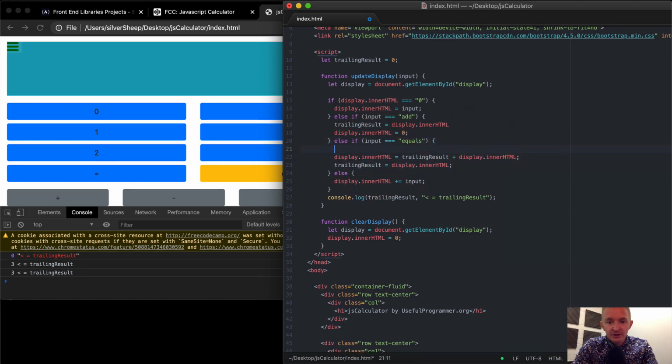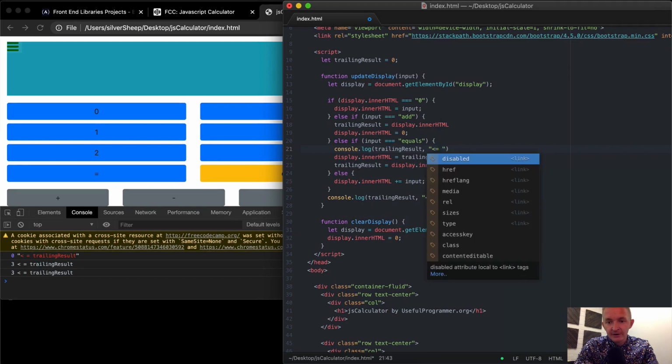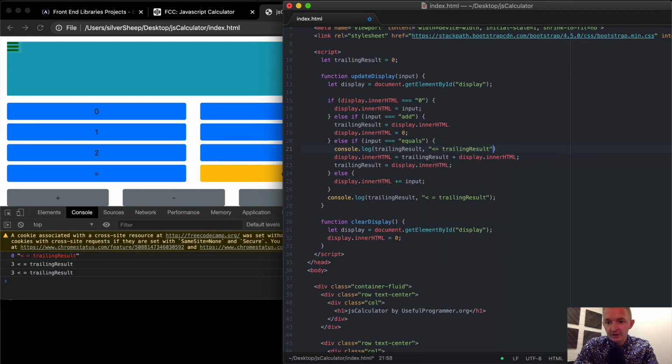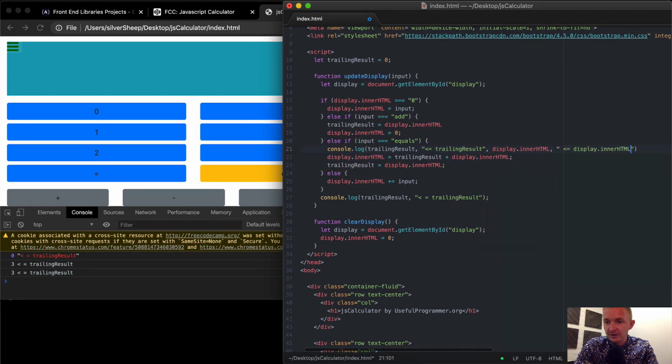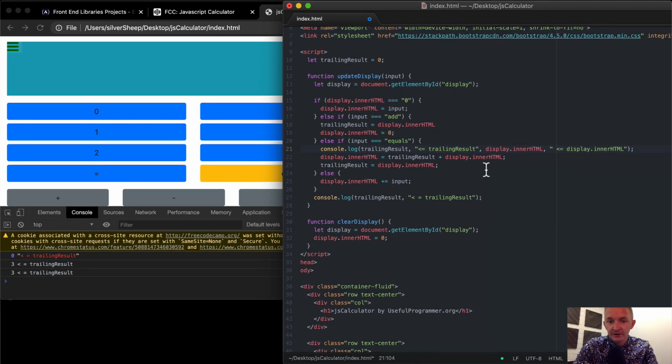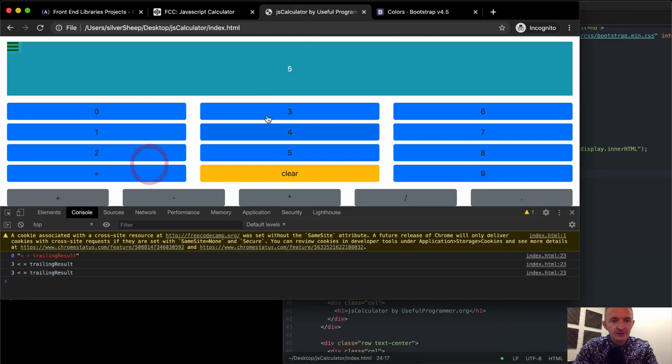Okay, and then I'm just going to console log these things in here too, so we can say our trailing result, and I'm just making an arrow here so we can see, and then we'll also have our display.innerHTML, and we'll just make a little string in here to make it so we can visibly see what's going on in the console. So now if I save this and refresh the page, I should be able to go 3 plus